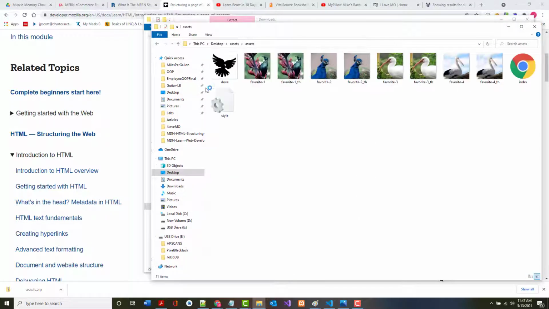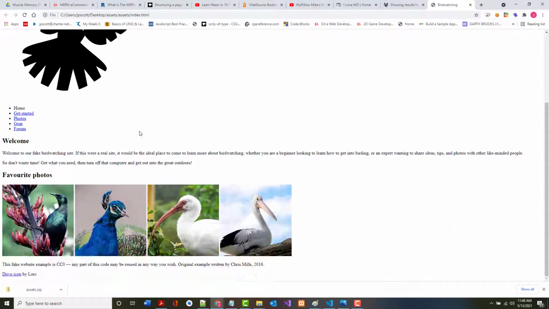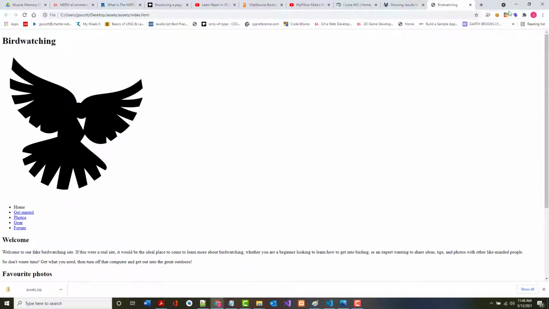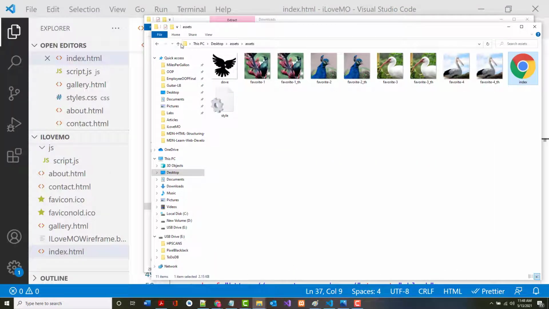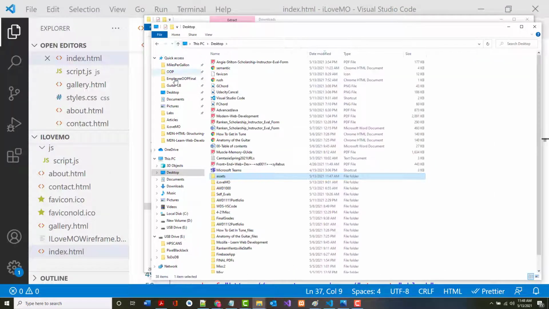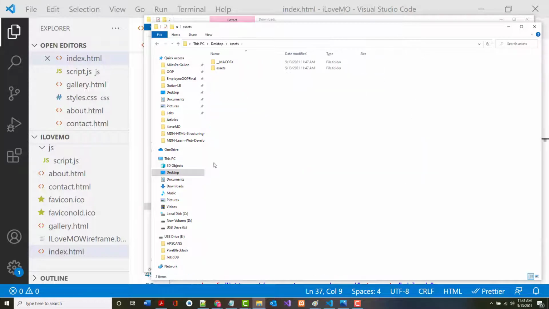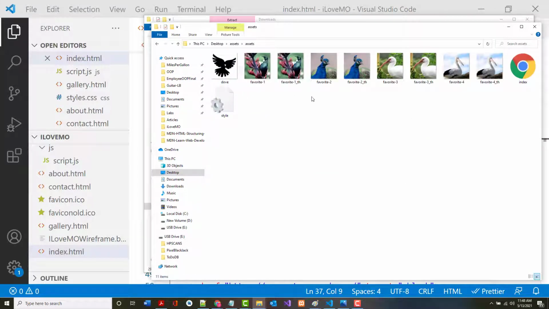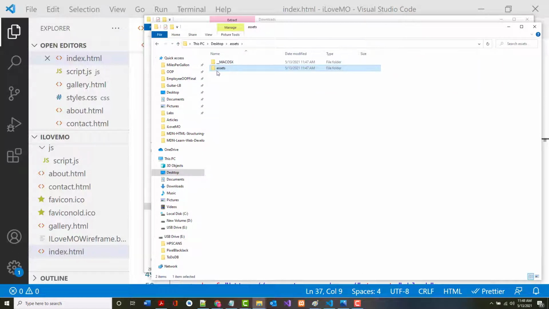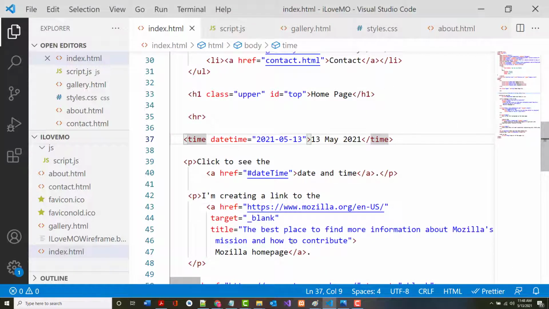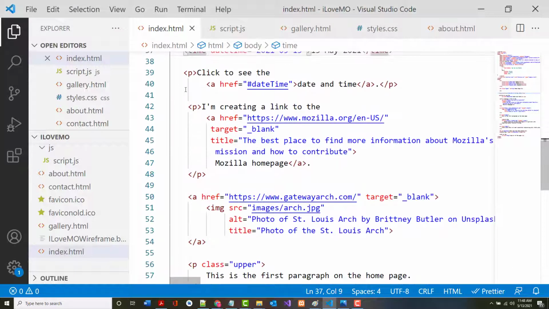So assets, okay, there's my index file. So it currently looks like this. Not much to it as far as the way that it's set up, but I am going to look at one thing first, and that is, let me bring this over. Okay, so we've got assets. And it looks like, at least, we don't have any CSS in here, so it's not going to look very nice. But in this particular example that we're about to run through,